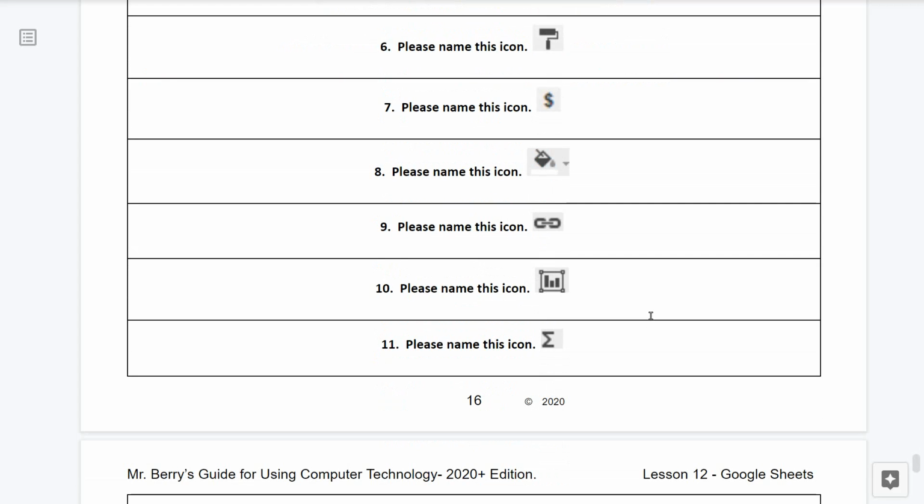Question number 8. Please name this icon. Question number 9. Please name this icon. Question number 10. Please name this icon. Question number 11. Please name this icon.